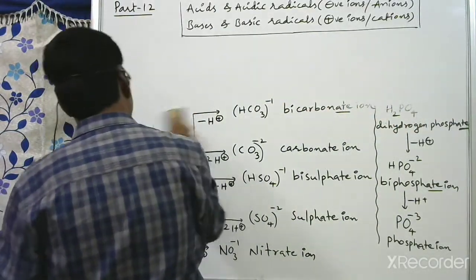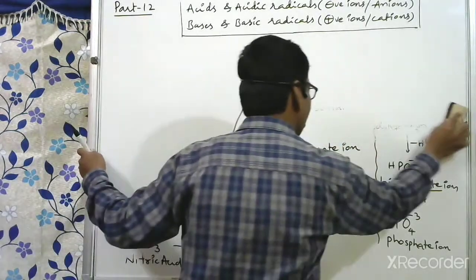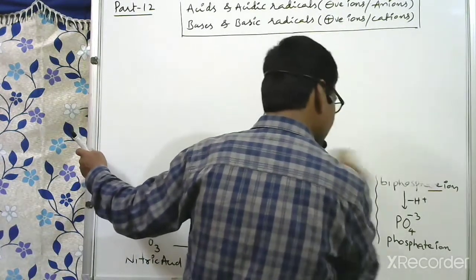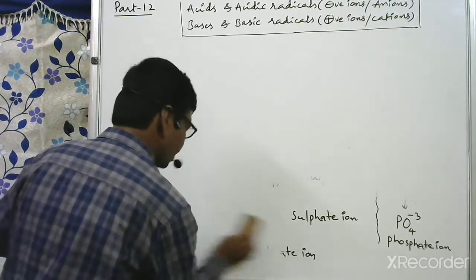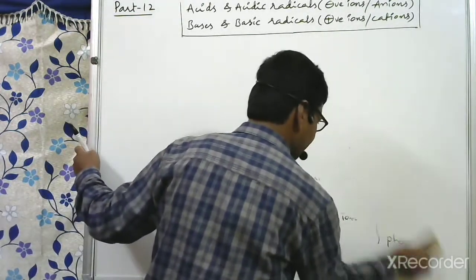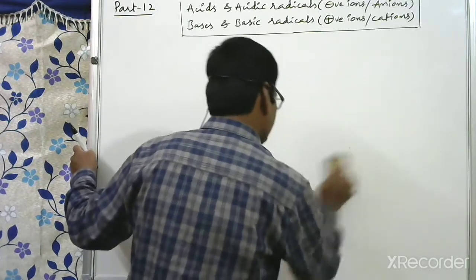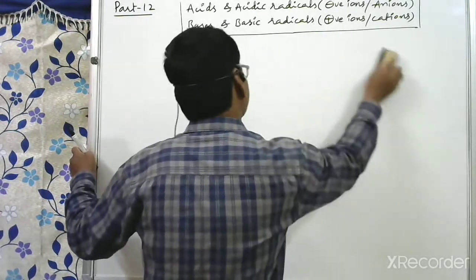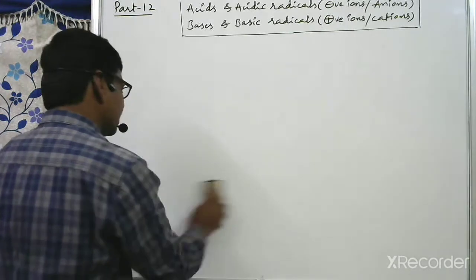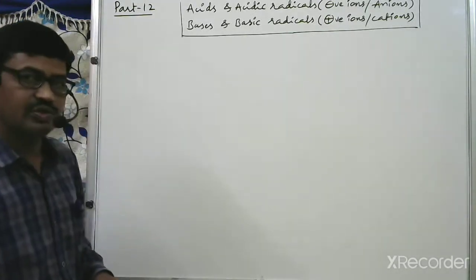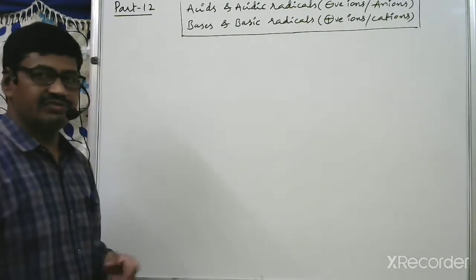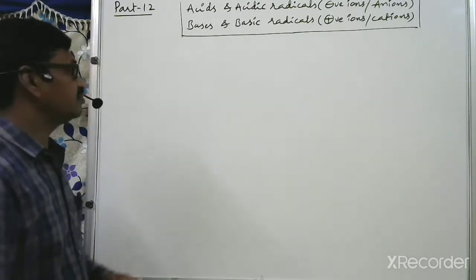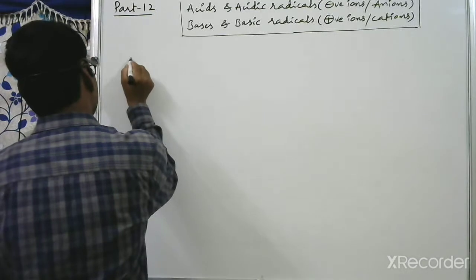For ous acids, the anions end in ite. Here for ous acids it is ite, that you should know. All these are basics. For writing formulas, particularly in inorganic chemistry, all these are useful. While writing chemical reactions, without knowing formulas, it is not at all possible to write a chemical reaction with respect to reactants and products. So here about ous acids.